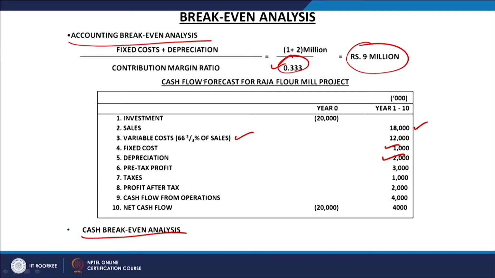How can you look for improvement? Either you improve the contribution margin ratio by reducing the variable cost, which can be controlled, or you can control the fixed cost other than depreciation. So, anyway you have to control the cost, or you can improve the revenue also. You can increase the selling price, or you can increase the sales volume, and then increase the total sales amount. So, either you reduce the cost or you increase the sales, so that you can further improve upon the accounting break even point, but from the present calculations the accounting break even point worked out here is 9 million rupees.